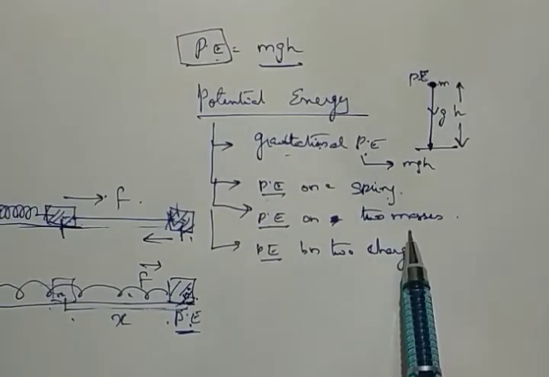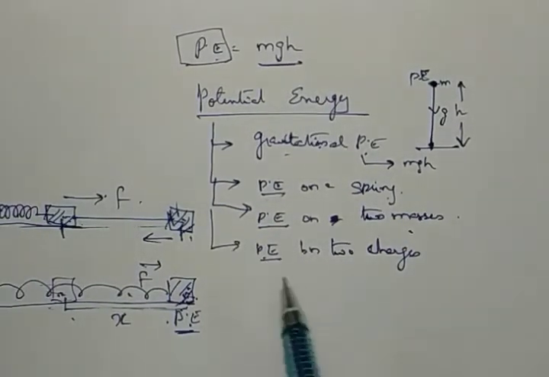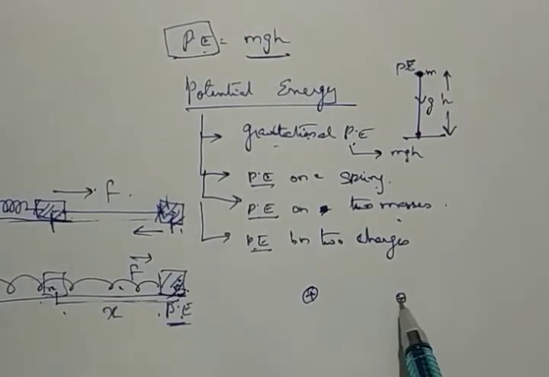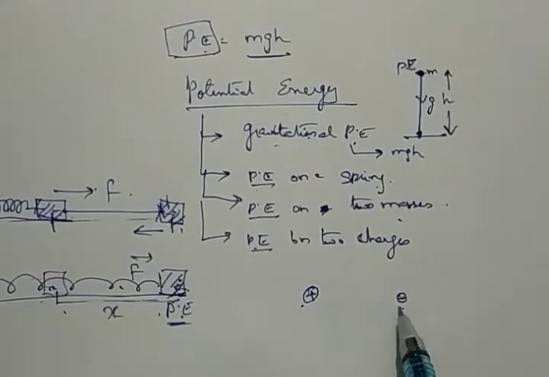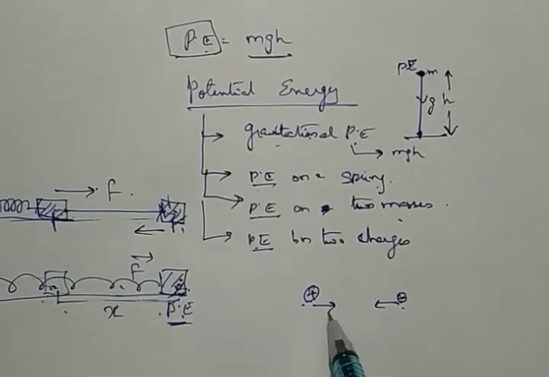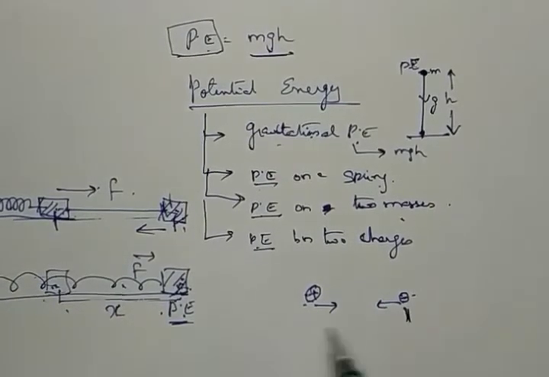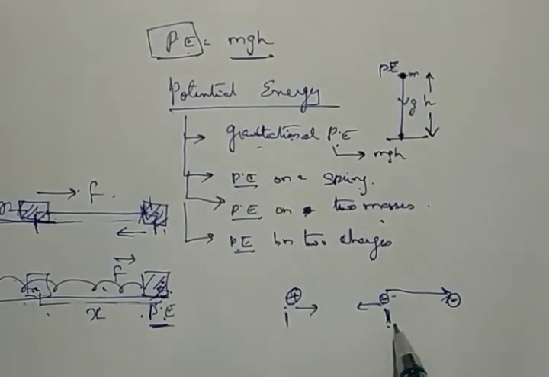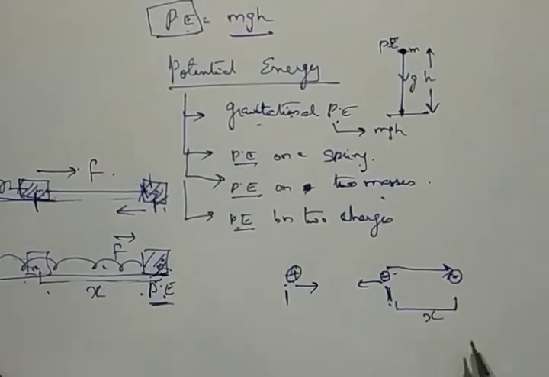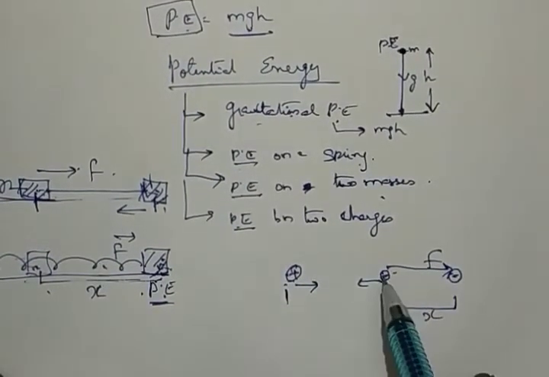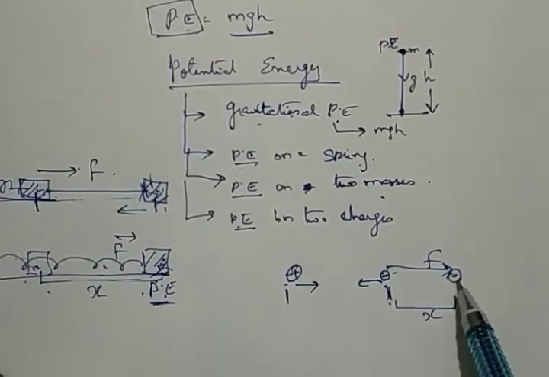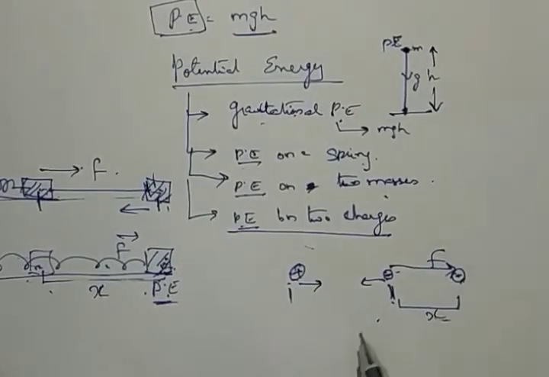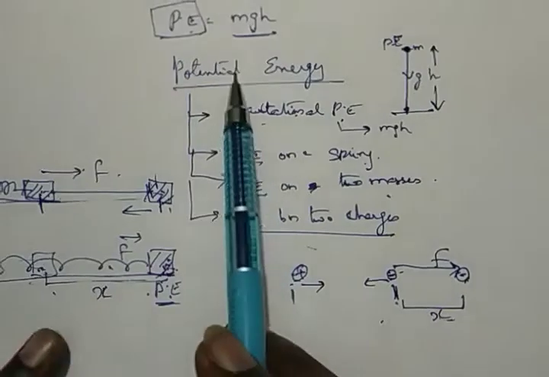It is like that for two masses too. Then you have two charges, for example, one a positive charge and the next a negative charge. What will happen? You leave these two charges, they will come together and immediately attract. So you take the negative charge, try to take it away and put it here. You displace it for a distance x by a force. Then this charge, because of its position here, is stored as potential energy. Potential energy between two charges. So potential energy could be not just mgh.